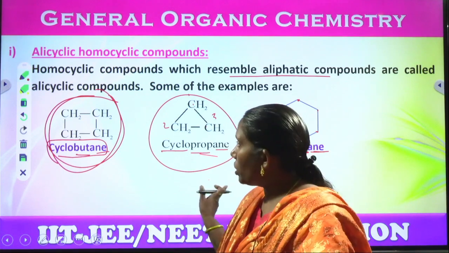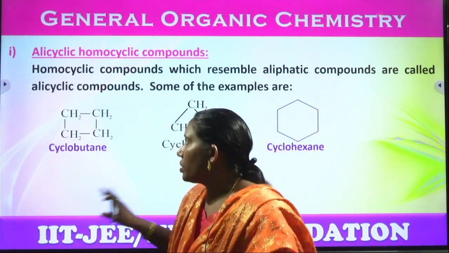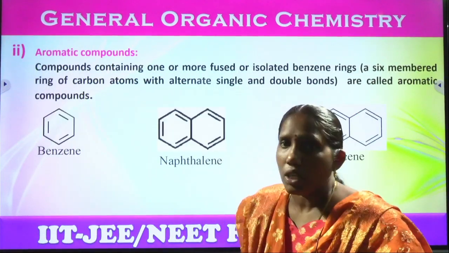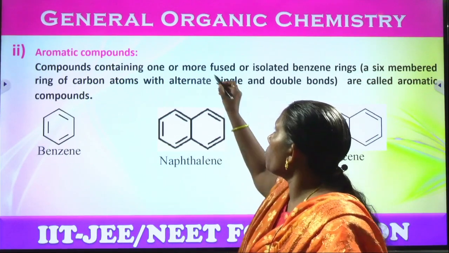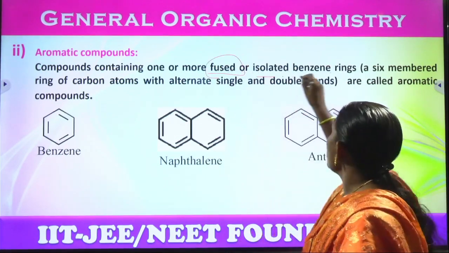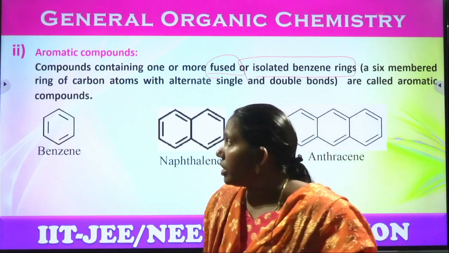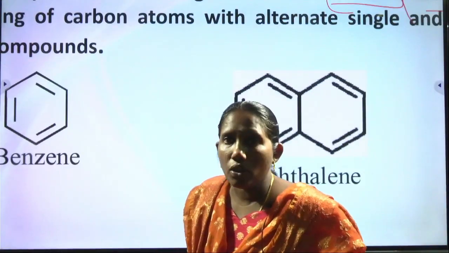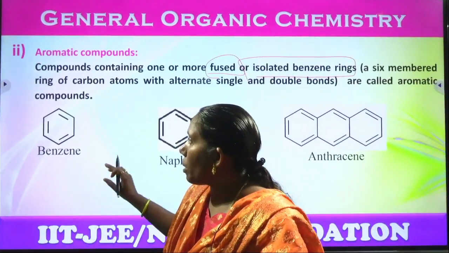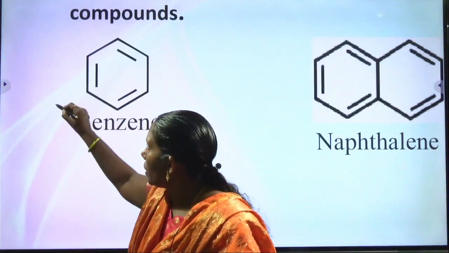Right? So come to the aromatic compounds now. Second type is aromatic compounds. The compounds containing one or more fused or isolated benzene rings, a 6-membered ring. This is an aromatic compound because it has alternate double bonds. See here, it has alternate